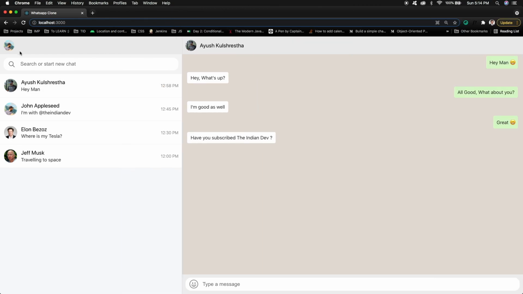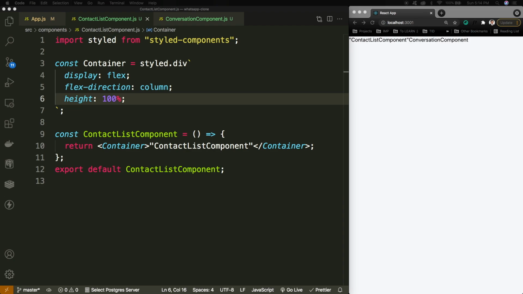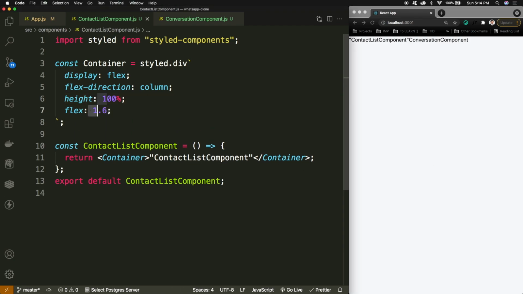But for the start, what I can consider is, if this is having one flex, then I can define it to 1.6, or we can say 30% of the screen is here and 70% maybe I can initiate with. So let's start with flex of 1.6. So 1.6 of the screen will be covered by the contact list, and the rest will be covered by the conversation component.